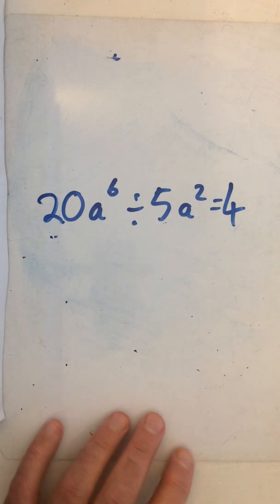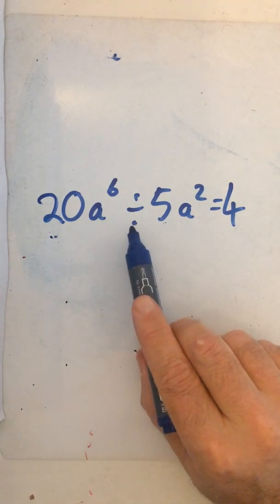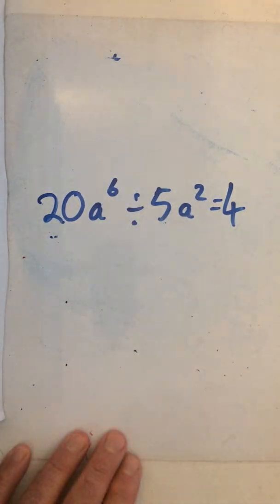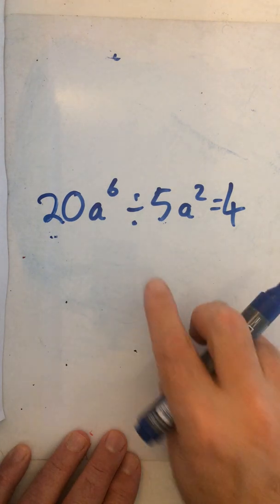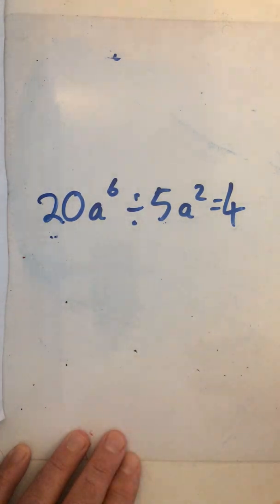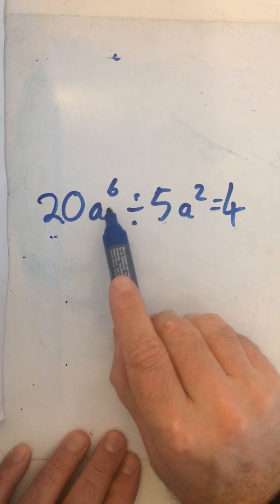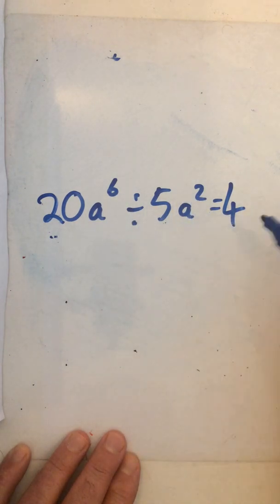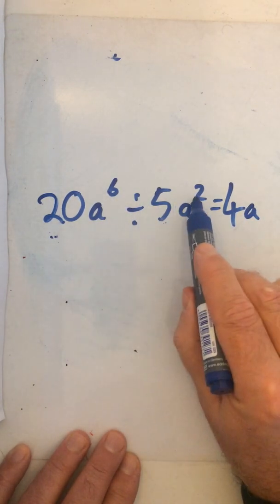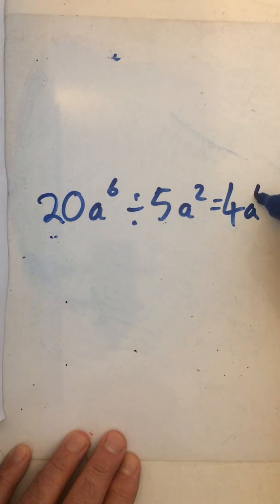Remember, when we divide the powers, we take away. It's the opposite of multiplication, where you add. When you divide, you take away. So 6 take away 2 is 4. So it'll be 4a to the power of 4. Okay,